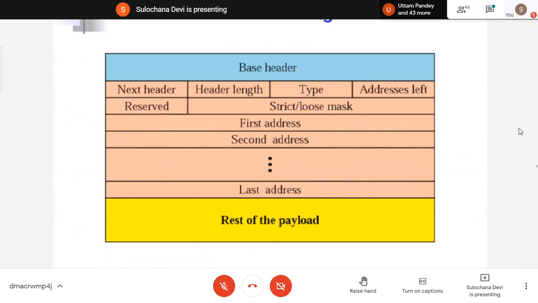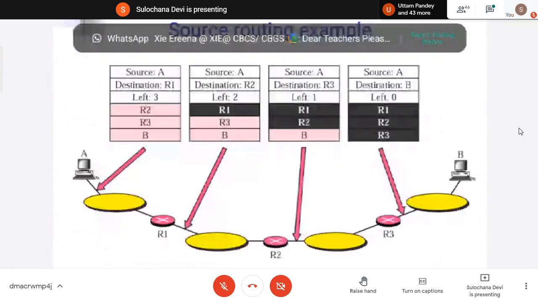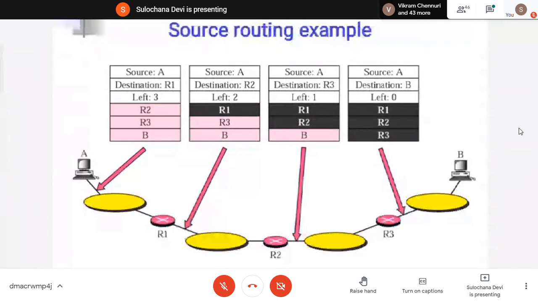From A to B, if you want to send something, then we have to tell the complete path in this packet itself: from A it should go to R1, then from R1 to R2, then R2 to R3, and R3 to B. So this complete path we have to tell, and the destination is R1 from A, and after that there are 3 more steps left. Then at R1, the destination will be changed to R2, and 2 more will be left, R3 and B, like this. So we call this source routing.